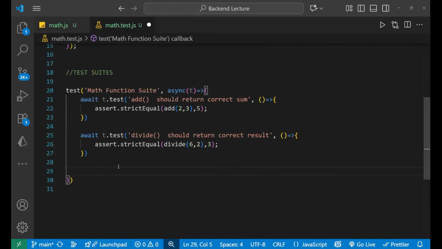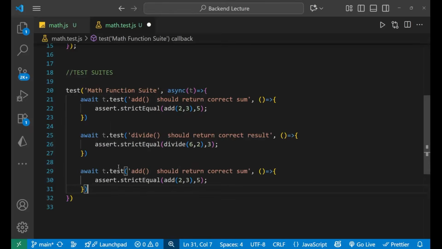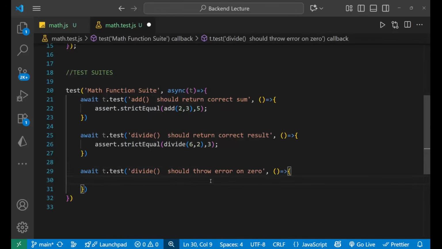So basically I'll write await, or let's paste it here, t dot test and divide. Let's remove everything from here. Divide should throw error on 0. You can write anything that you want. It's just because I want you to have the clarity about what I'm doing that I'm writing such a long message. Let's write assert